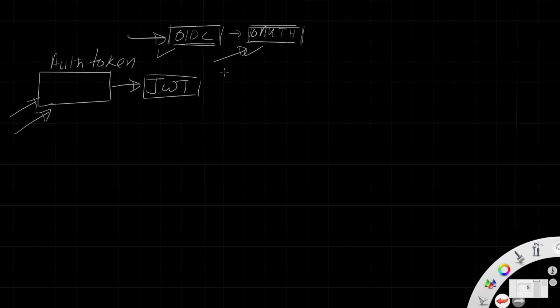Again, in the example of ChatGPT with Google authentication, if you're simply logging into ChatGPT like it is doing, it is more like OIDC. But if you're accessing specific things inside the target, a specific resource of the owner, like we did, in that case we were doing OAuth.